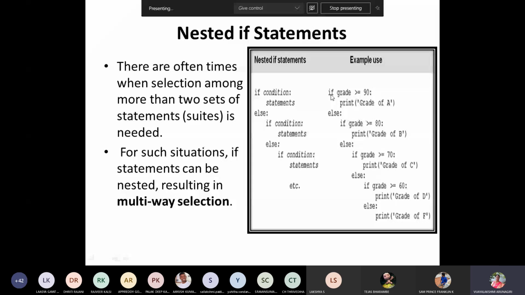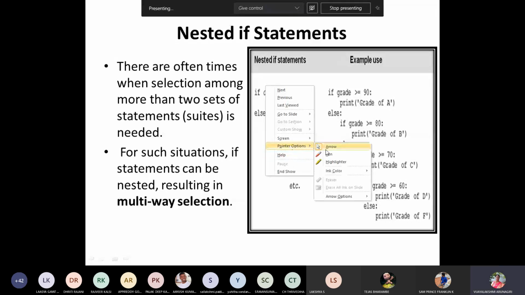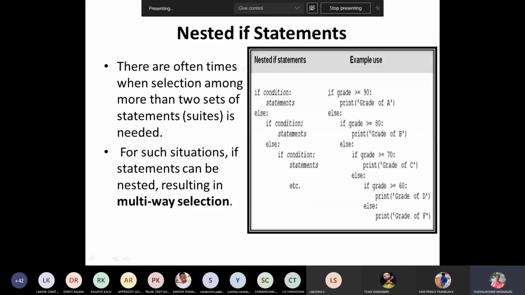See here, if grade is greater than or equal to 90, print A, else. See, for this if, this else is given.